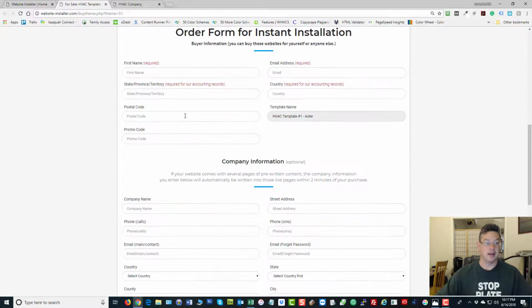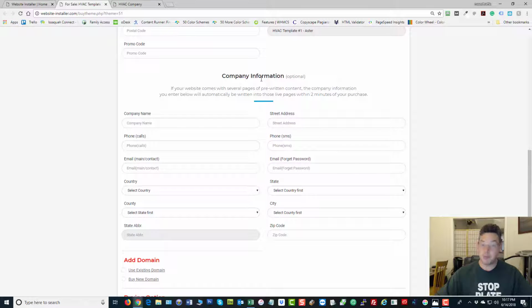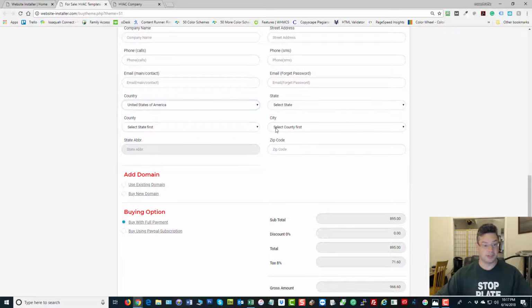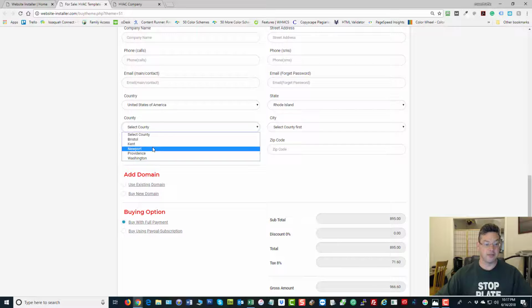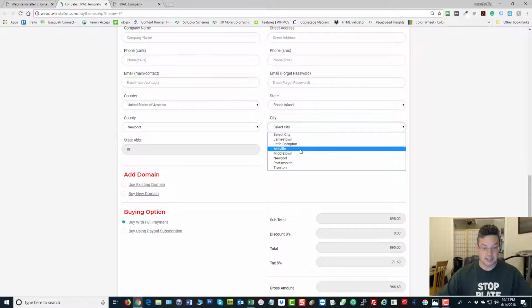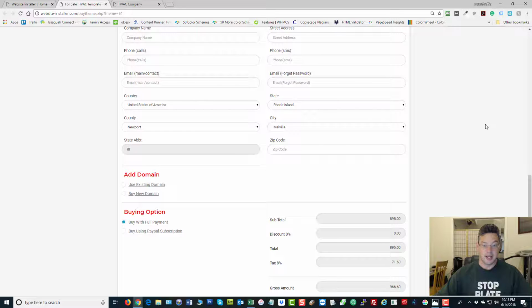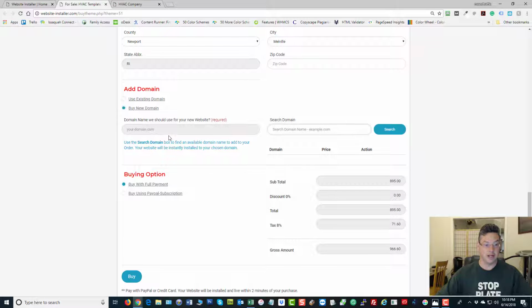When you go to buy, you would normally put your information in, okay? And then put in the company information: company name, address, phone, SMS for text messages, email for main contact form, email for forgot password. Then select your country, just the US at this time, for the projects, right? Select your state, therefore the county in that state, therefore the city in that county, right? And the reason that we mapped all this out, and you can put in wherever the zip code is, is so that when this installs to your existing or new domain,